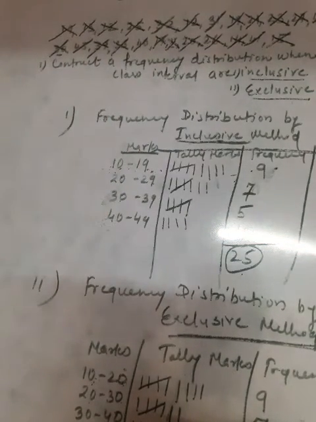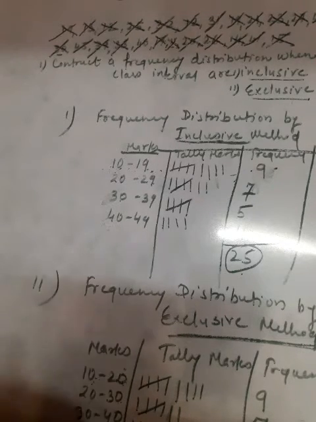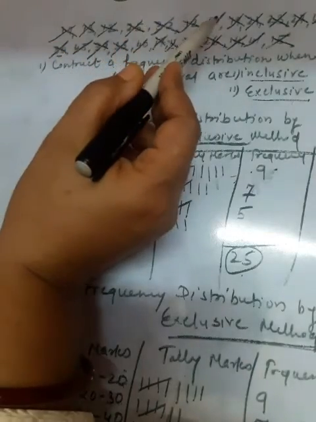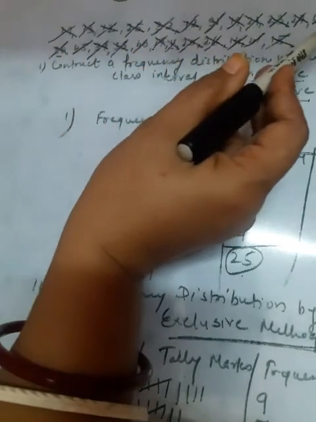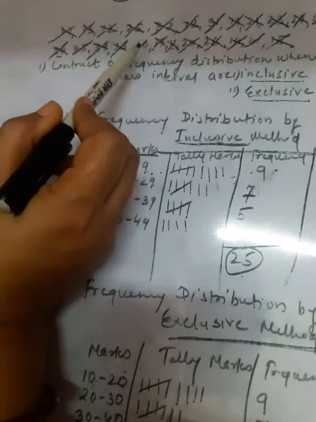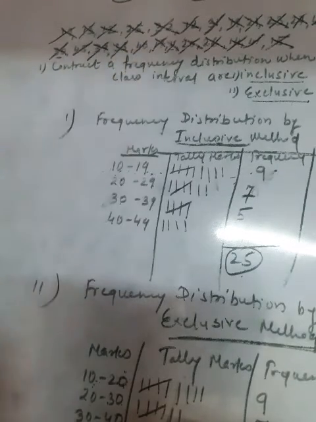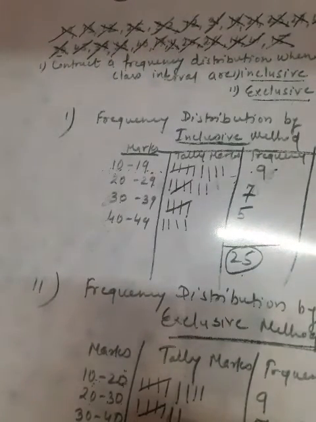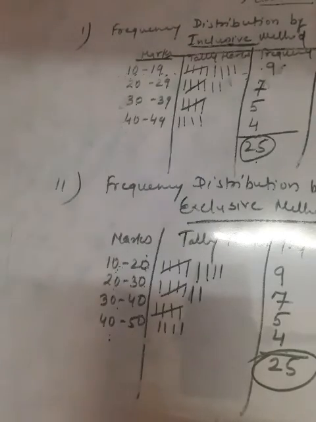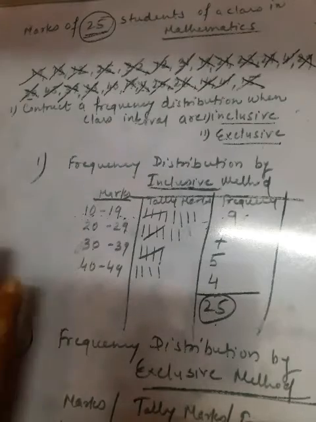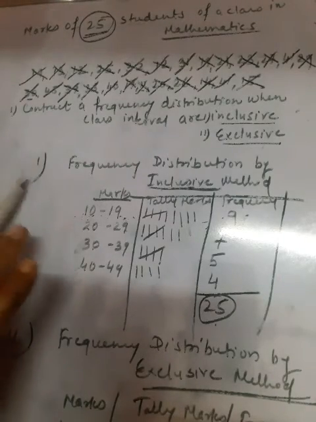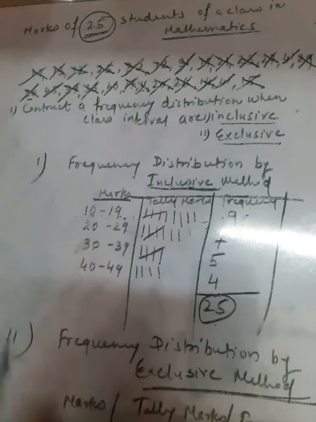And for 40 to 50, that would be almost 4, because you count 1, 2, 3 and 4. Again that will be 25. Now you must understand, students, I hope you understand how to make a frequency distribution by the inclusive method and